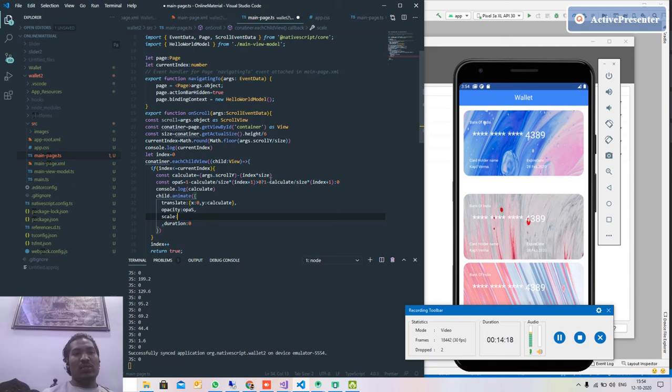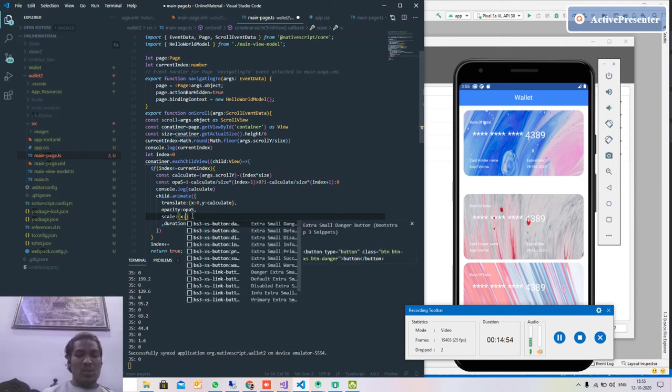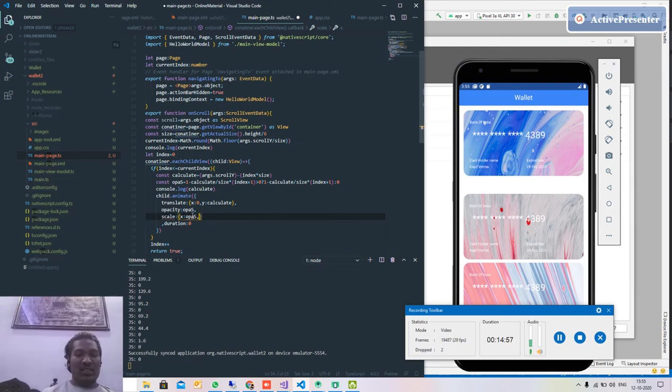At most it goes till 1, means this entire value will be 0 when index is 0. So let's say 0 plus 1, and size is let's say 231 multiplied by something, 1 is 231, and the calculate will give you argument 0. The size will be index multiplied by size, so it will be 0. So something divided by 0, right? So let's scale x also, and y also.